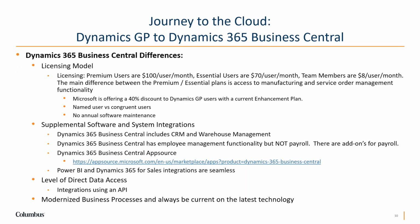Your Business Central user is a named user versus concurrent users. So currently in our GP, if we have 5 users, 5 different people can log in and work in GP. It's when that 6th person goes to log in, they'll get the error that there's no users left in GP. Different for Business Central, it is a named user. And we said this before, but there is no annual software maintenance. So I think those are the biggest differences in that